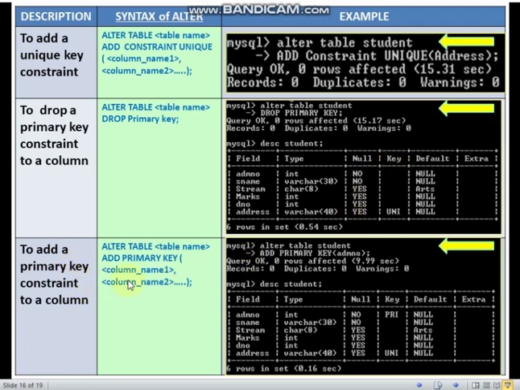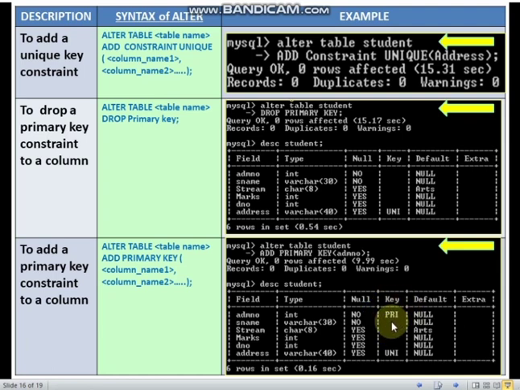And to add a primary key constraint, what we have to write? Alter table, table name, add primary key, and whom you want to make the primary key. You can make composite primary keys also, so you have to mention the name of the columns over here. So alter table name, add primary key. Over here again, suppose we want to make admission number as the primary key, so I have written admission number. So after that you just see, describe the table, and then see PRI is there, that means admission number has been again given the constraint primary key, right?